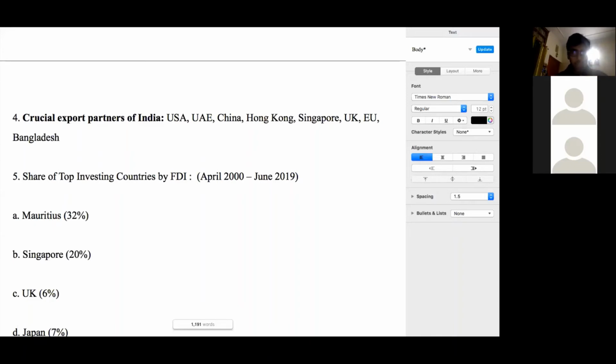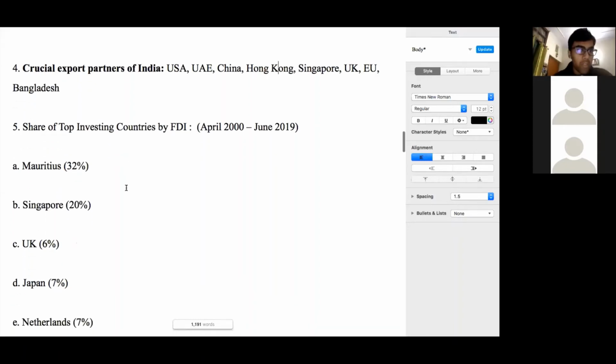So in most of the international organizations and most of the other countries as well, they take into account Hong Kong's figures separately apart from China. Now we consider share of top investing countries. Now this is a very interesting figure because this takes into account almost the last 19 or so years. That is from April 2000 till June 2019, who are the top investing countries by FDI